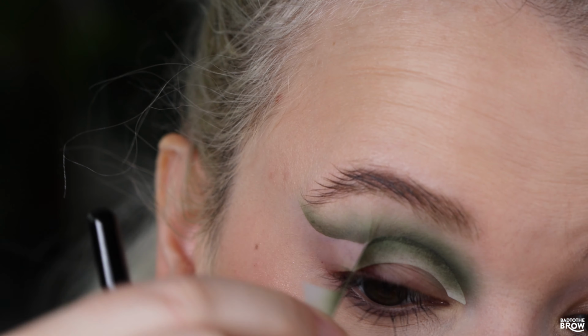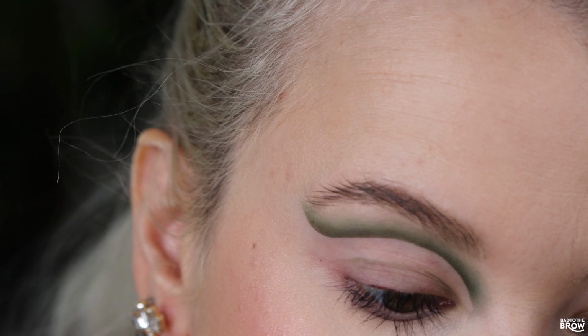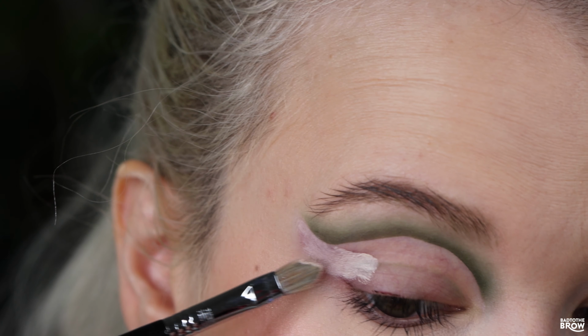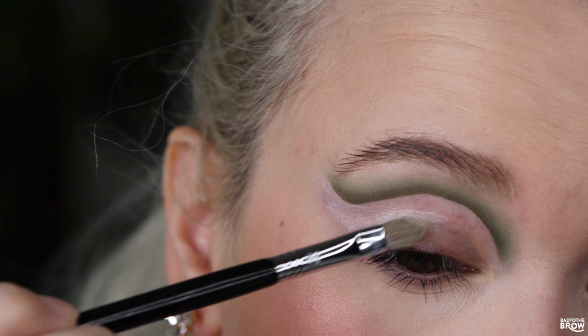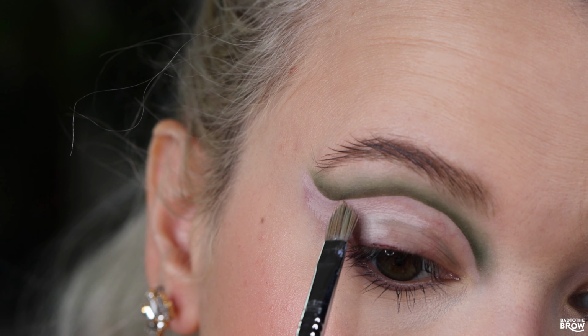Let's take the sticker off and see. It looks fine. So I don't know, maybe I'm just imagining things. So I'm gonna put down just a little bit of ABH primer. I'm not gonna take it all the way because I'm gonna be putting a shimmer this way, so I don't really need to bring it all the way, but I am gonna do it just out here,